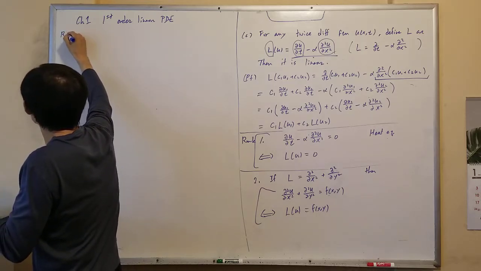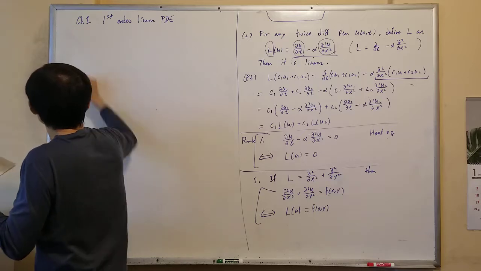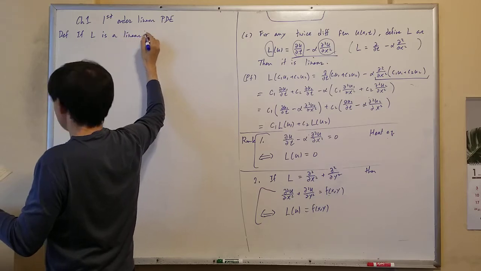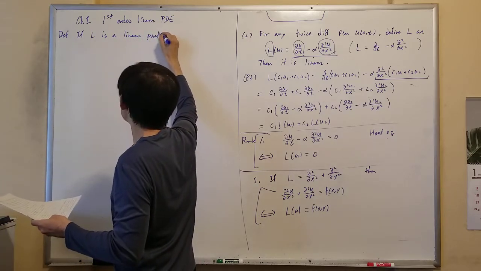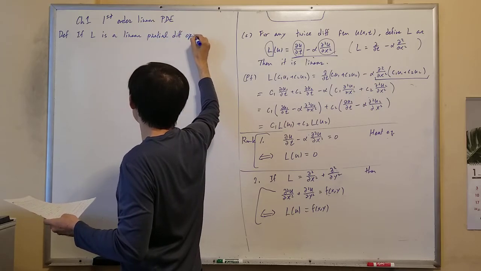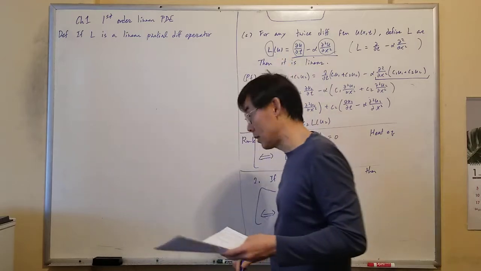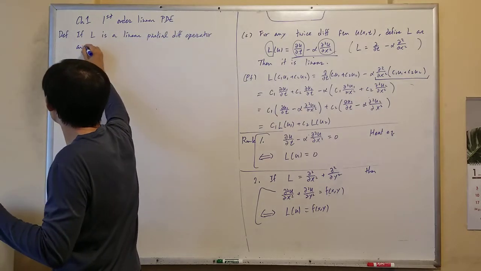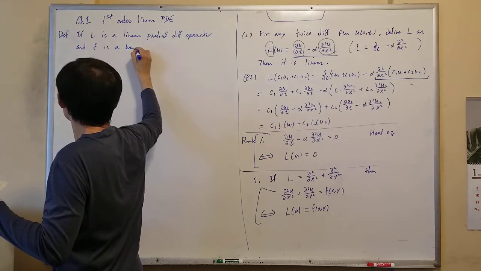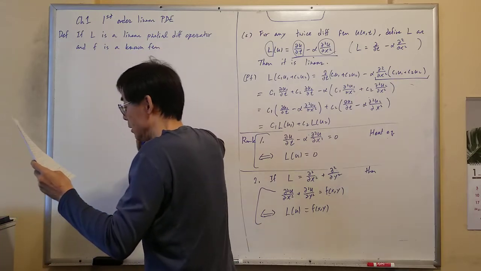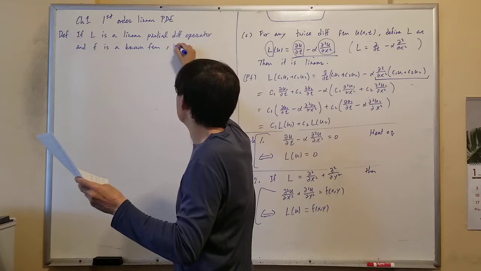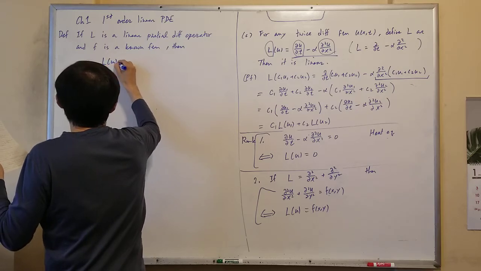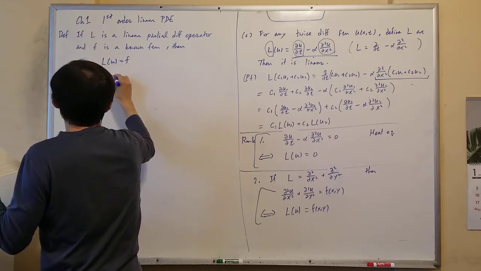Now, remark, definition maybe. If L is a linear partial differential operator, just like this, and f is a known function of independent variables, then L of U equals f is a linear PDE,